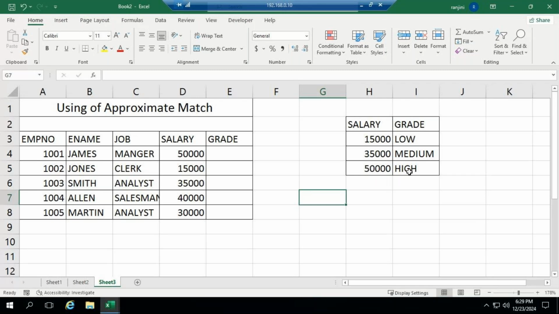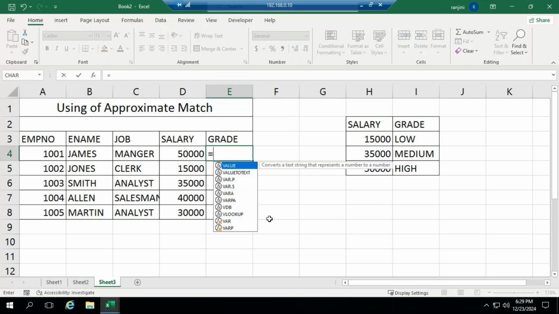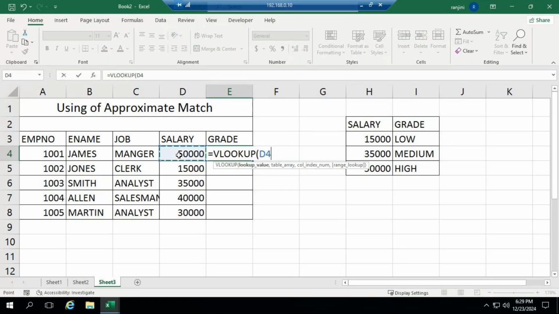Okay, low, medium, high. So, what I am doing, equals VLOOKUP. Lookup value is, I am looking for the salary. Salary is present in D column, 4th row. My table array, you have here, that is the range and the grade. So I am selecting this H column, 2nd row to I column, 4th row,